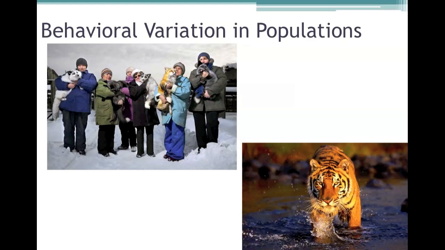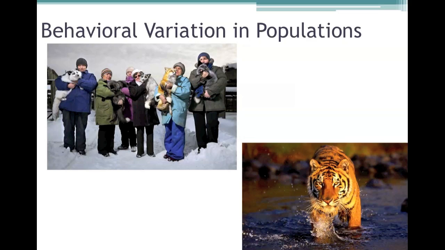So, just as with any other characteristic, there's variation in behavior within a population. For example, we can look at foxes. Some foxes are very aggressive to humans, some foxes are very afraid of humans, and some foxes are relatively docile to humans. So what scientists did in Russia was they took some of the docile foxes and mated them with other docile foxes. And over a number of years, through artificial selection, they've created foxes that are pretty much domesticated. You could have one as a pet.